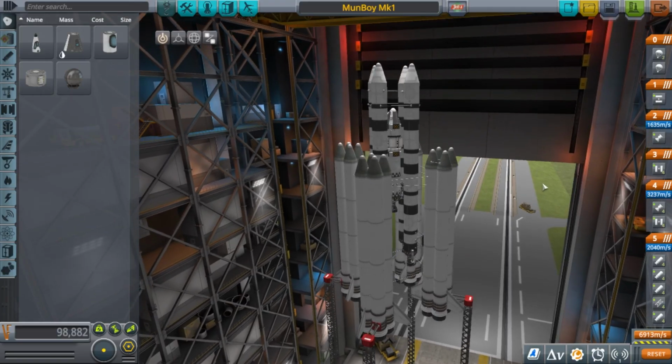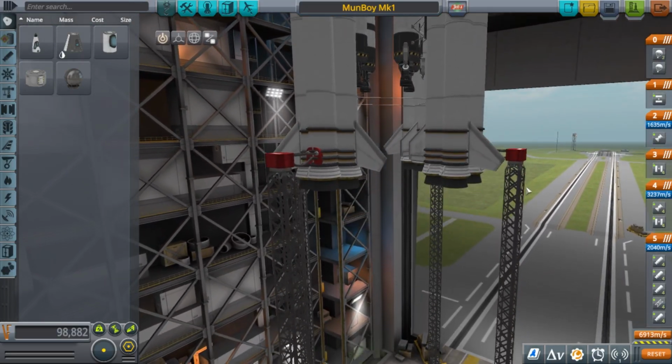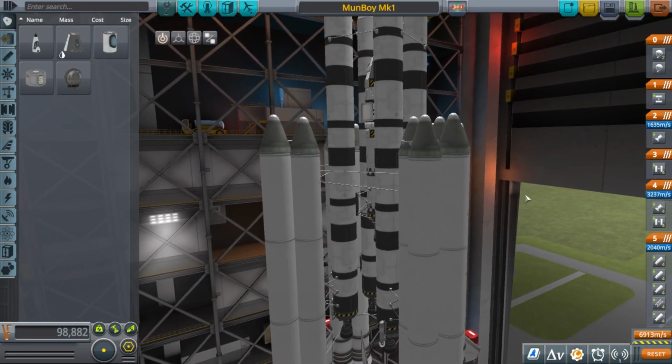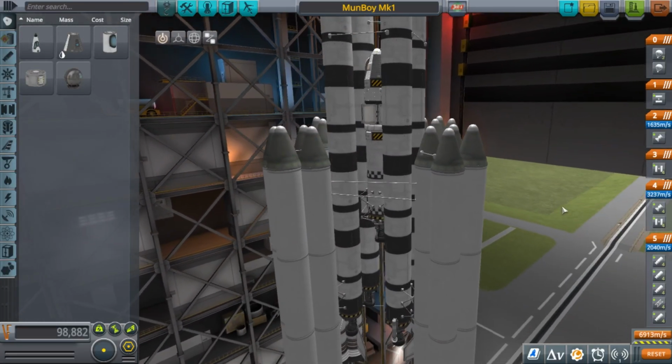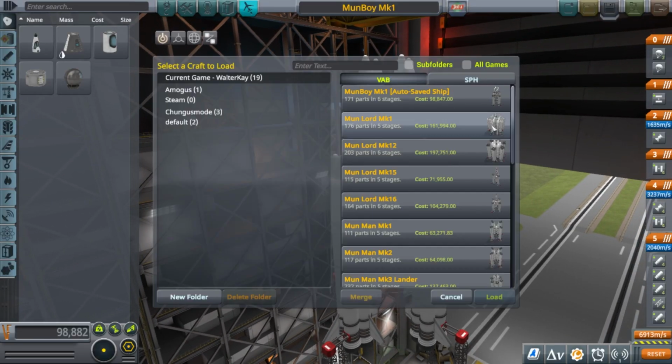Hello everyone, and welcome back to Kerbal Space Program, where I want to land on the moon, and I think this thing is more or less capable of doing it. It's the Moon Boy Mark 1, and off-screen I was toying around quite a bit with the Moon Lord. You know how we started with Mark 1? The latest version of Moon Lord is...